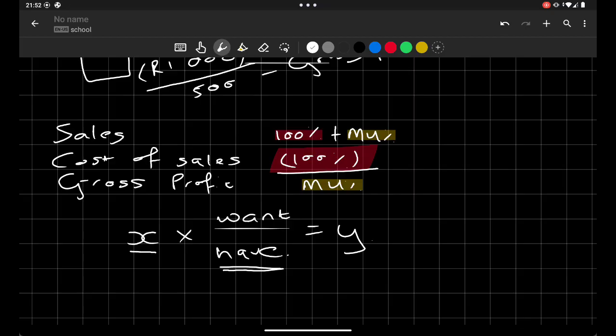Here in the fraction, the "have" will symbolize the percentage form. So this part of the equation will always be in percentage form, and then y will symbolize what you want, which is the same as the percentage form for it. So to give you an example,